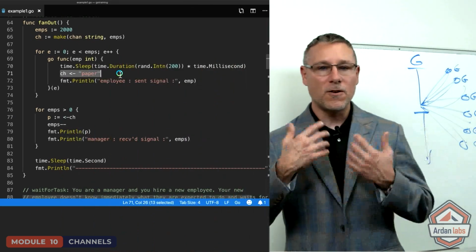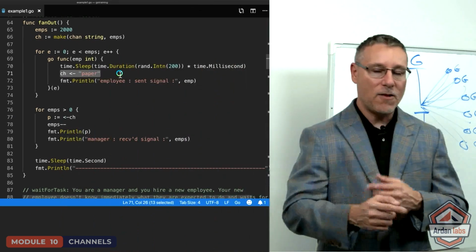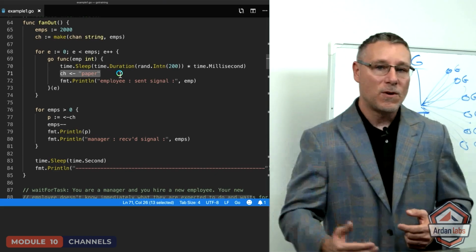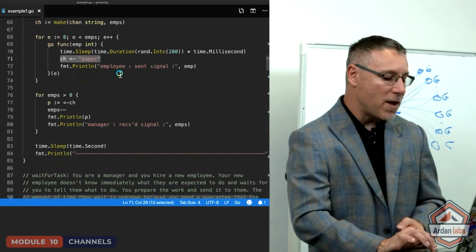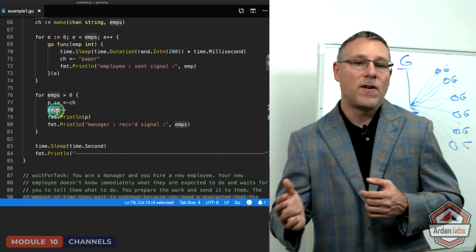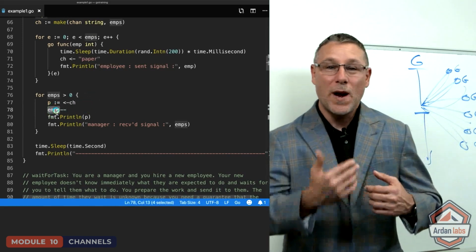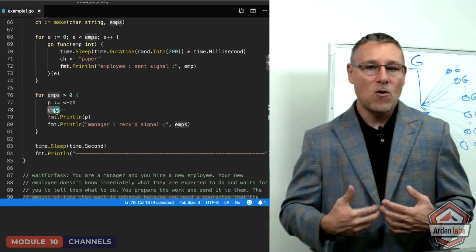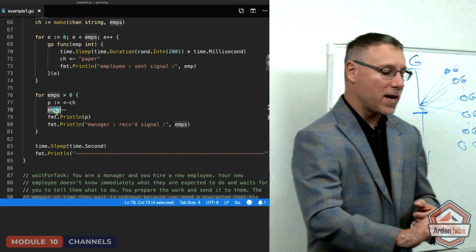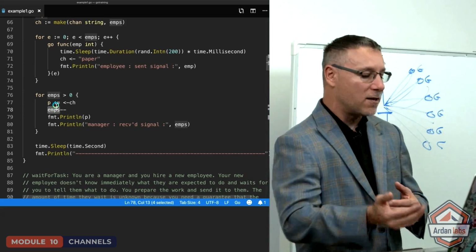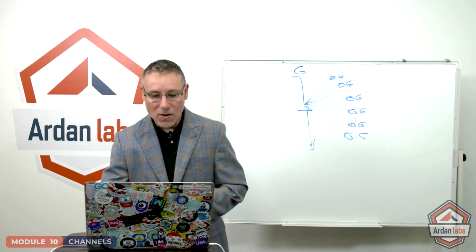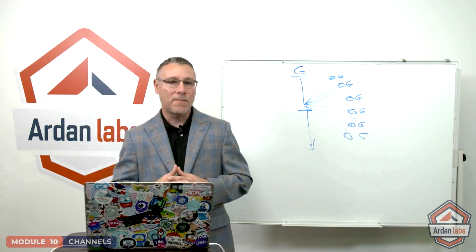So there they are. There are Go routines on line 71, and they're performing their sends. They're putting data into the channel. They're signaling with their string data. And we're over there on line 77. We receive it. We decrement that local variable. That local variable is kind of working like a wait group, isn't it? It's giving us that local count on how many of these receives we've finished. And once we get to all 2,000, then this code completes. So this is a typical fan out and the way you'd implement it.